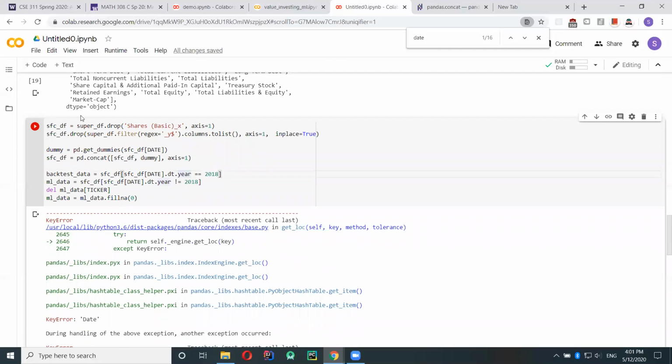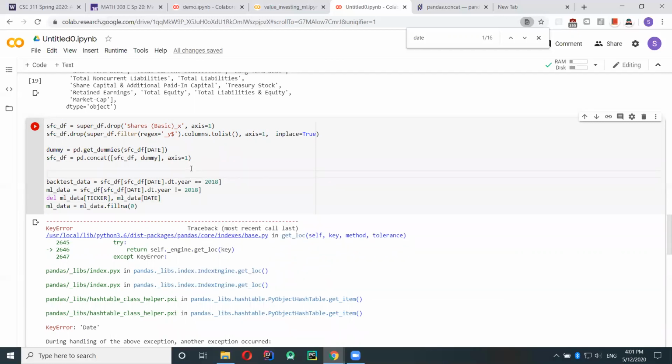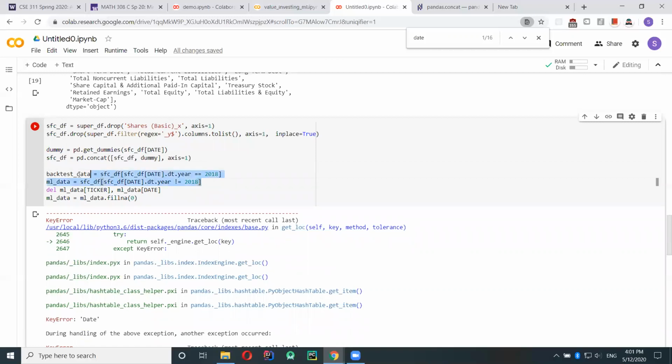Actually, I do use the date again, and I accidentally deleted it beforehand, so we're going to have to do it here. The reason there's a bug earlier is because I deleted the date column, but then I use it here to make some comparisons to extract the 2018 data.